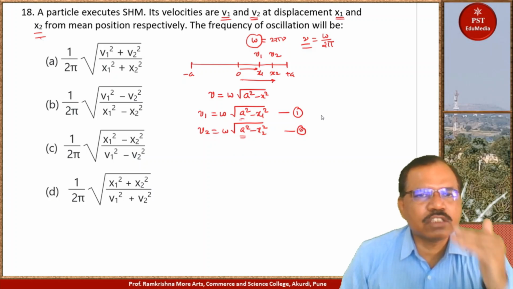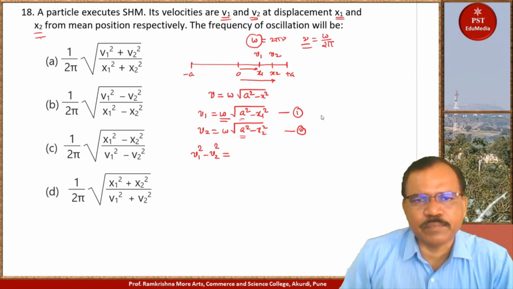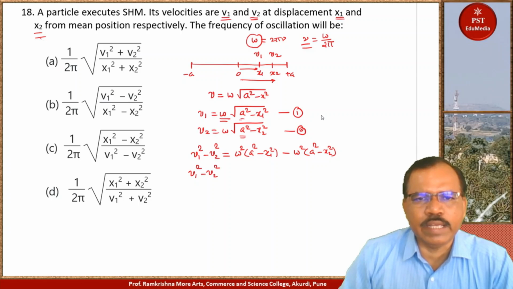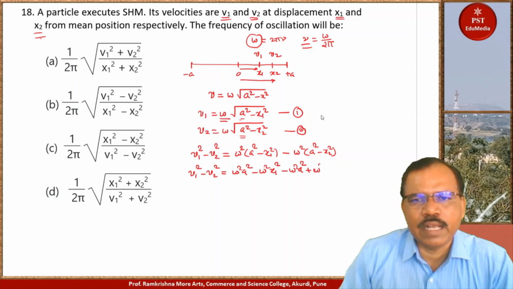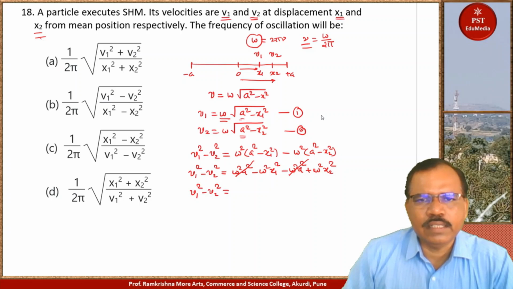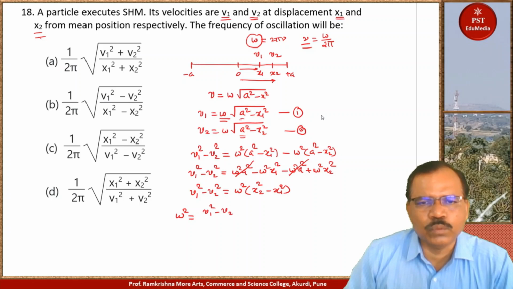So how can we eliminate? Just square and subtract. So v1 square minus v2 square. So v1 square are this, that is omega square a square minus x1 square minus omega square in bracket a square minus x2 square. So we get here v1 square minus v2 square is equal to omega square a square minus omega square x1 square minus omega square a square plus omega square x2 square. Now these two will cancel. So we'll get v1 square minus v2 square is equal to, I can take omega square common. So x2 square minus x1 square. So omega square is equal to v1 square minus v2 square upon